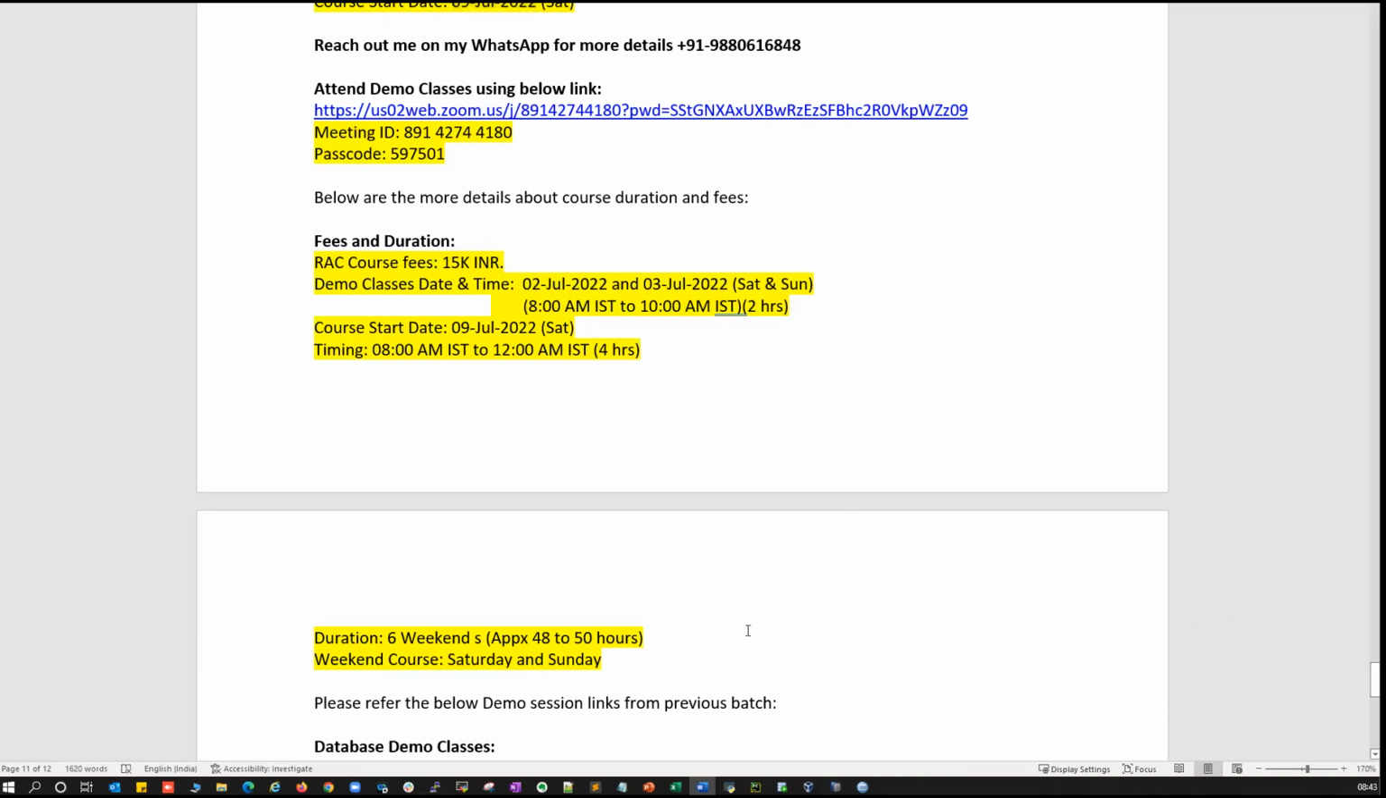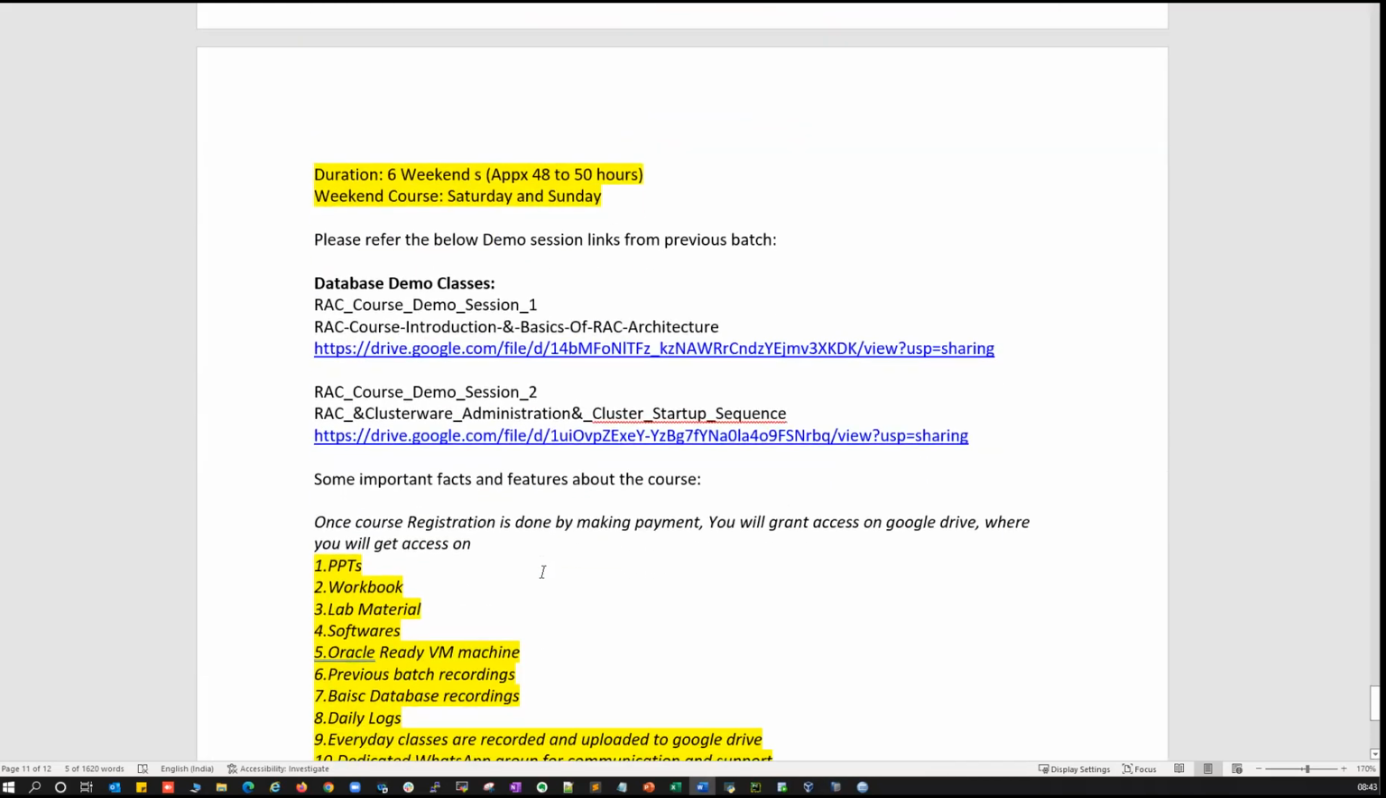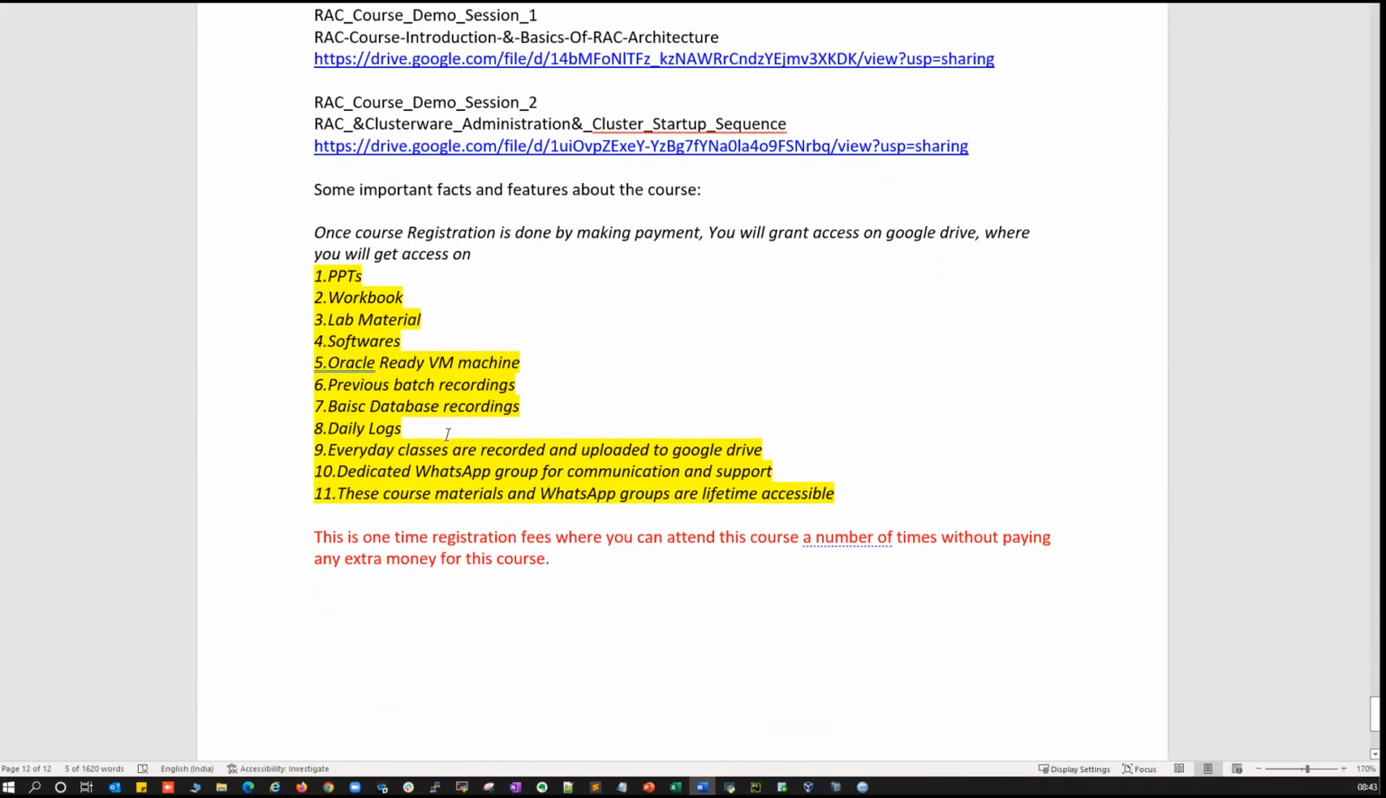Right. So that's about course duration, and then the course timing. Coming to course fees, it will be 15,000 Indian rupees. And then, coming to important factors, once you register for this course, you